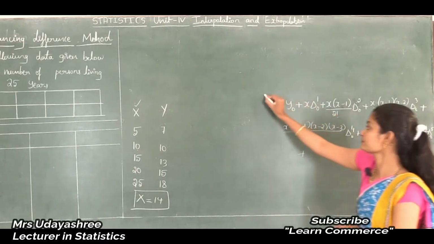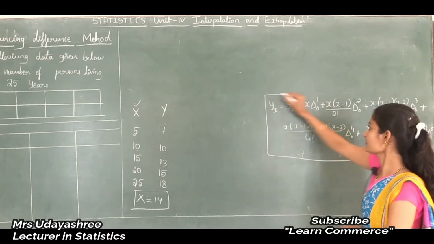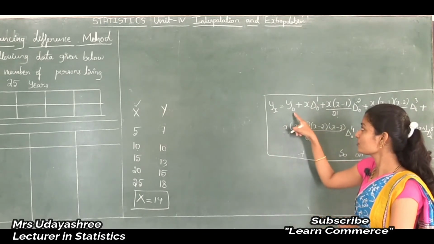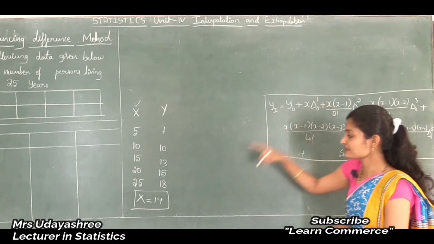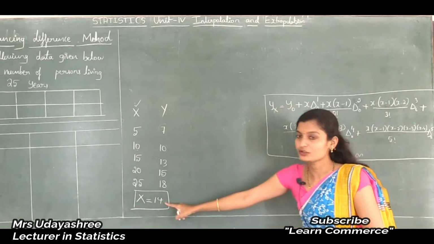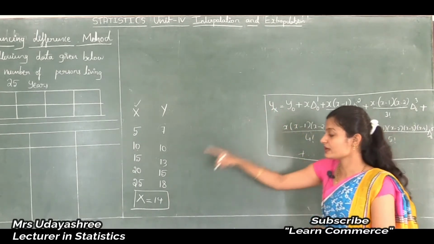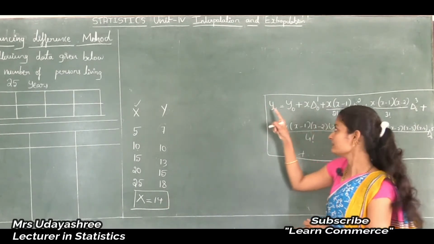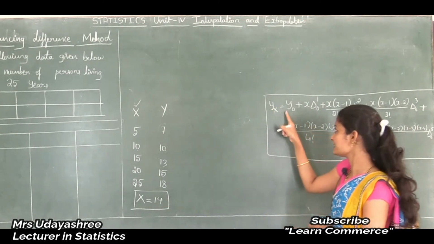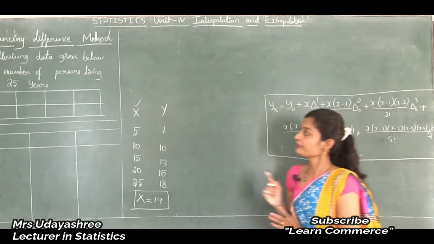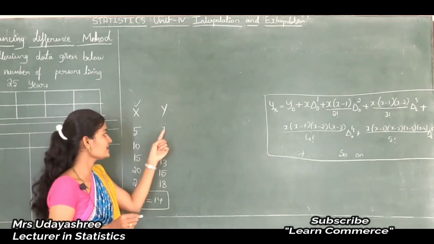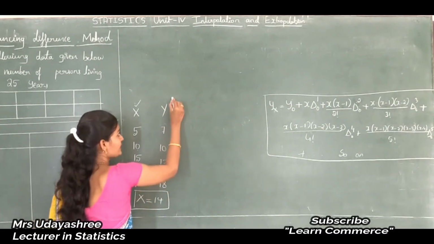So here yx in the sense is the interpolated value. Here this x is 14. So if I want to find this value, we need to write y 14. So x in the sense is this value. So y 14 is equal to, what is y naught? See, this is y observation, then what is 7? Here 7